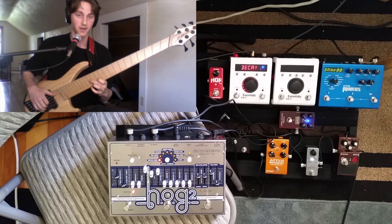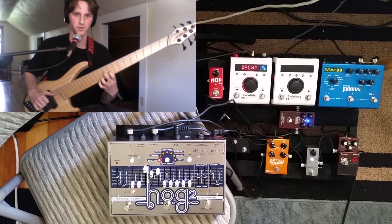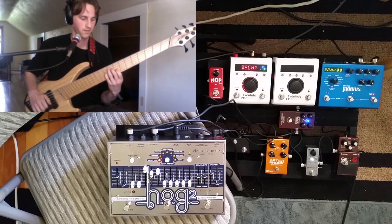something a little bit denser like a minor 7, something a lot denser like a major 7. So you start getting a little bit of that funkiness when you add some denser harmonies, but you can still get some pretty clear funky licks. So for instance, without the Hog on,